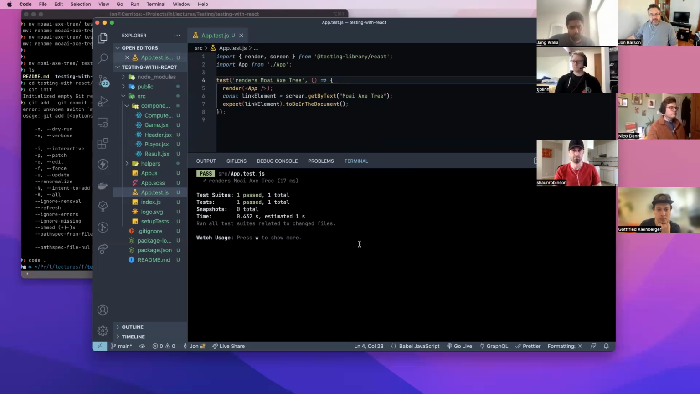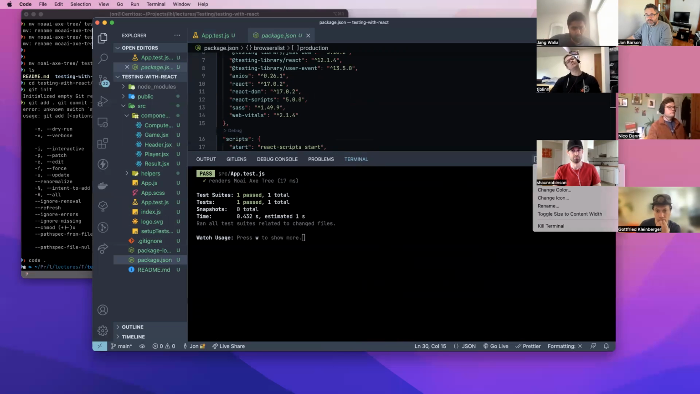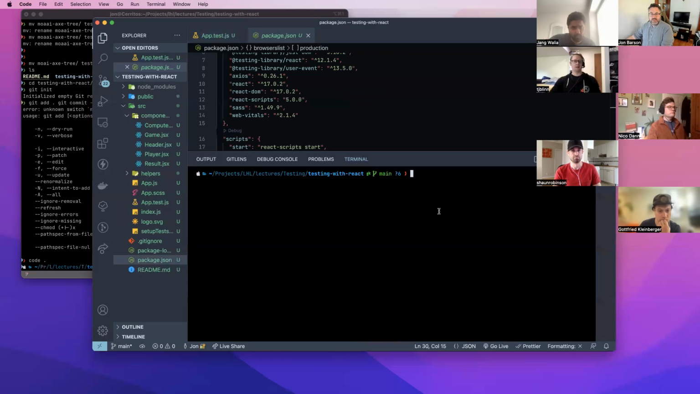So let's get a little bit more detail. Jest is great, but it also doesn't give us a lot of information. It just says renders Moai axe tree. So let's make this a verbose test. I should show you that if I come back to the package.json and try to run, let's open a new terminal, there we go, if I try to run jest,